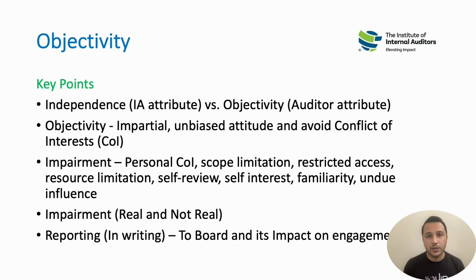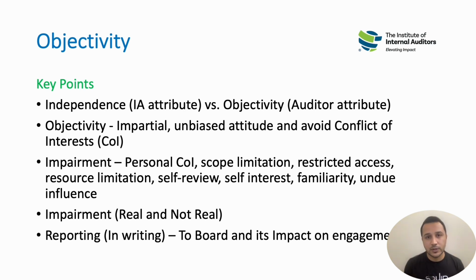Another example is a company that allows your family members to work within the company, which these days is very rare, but there might be a possibility that some companies still allow your spouse to work with you in the same company but in a different department. Now you are an auditor and you have to audit the same department, and the head of the department or the person responsible is your spouse or your relative or your brother, and you have to highlight an issue against them. So you will not be objective.